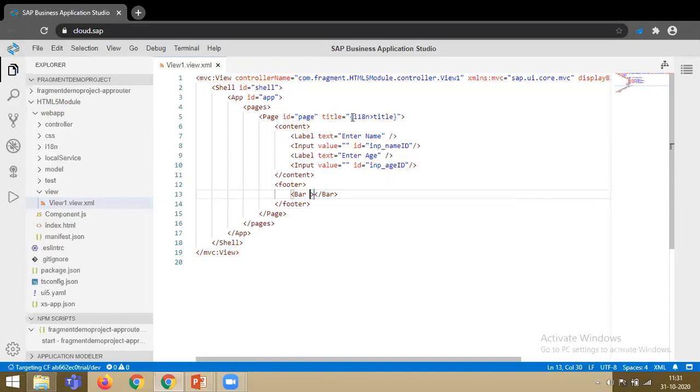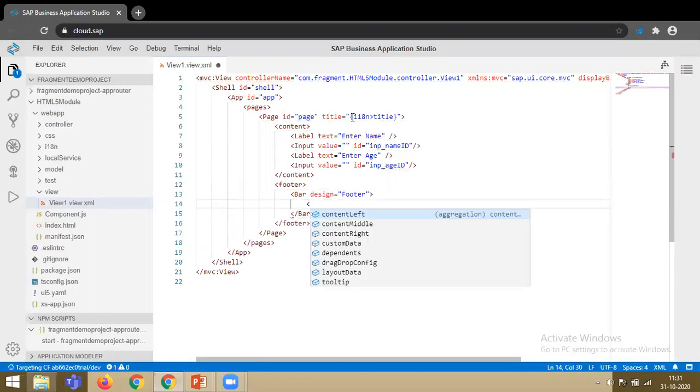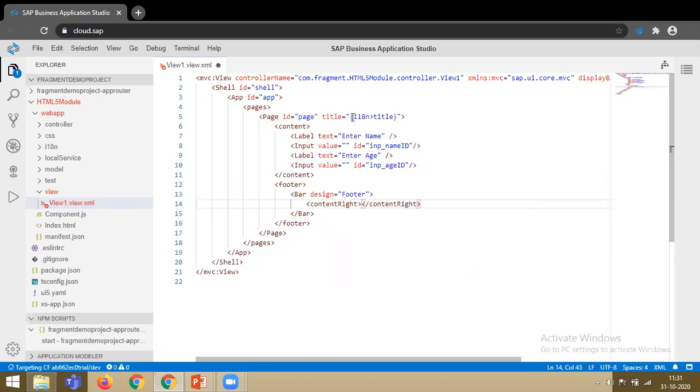Bar is a special control for customizing the footer, header and subheader. Design is a property for bar, and I need a bar especially for the footer. I want the button at the right side corner, so there is one property, that is content right.